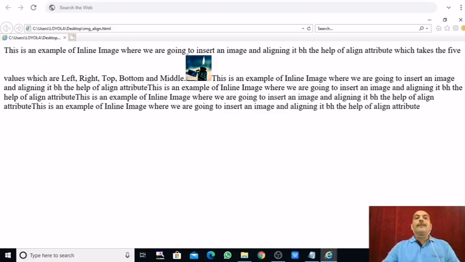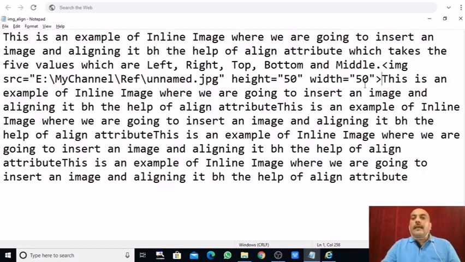See what happened. By default it is such type of alignment it has taken, right? Its bottom is matching with the bottom of the text. See, its bottom is matching with this line only. See, bottom of m, bottom of a, bottom of b. Here I think you are capable of seeing. Here the bottom of h means half of g, right? So it is aligning like that only, right? Now I am changing the value of the align attribute. So here I am going to use the align attribute, and then I will change its value to show you how it is appearing.